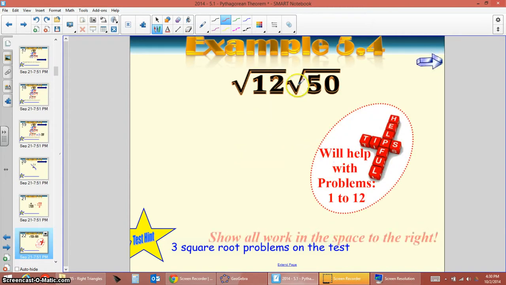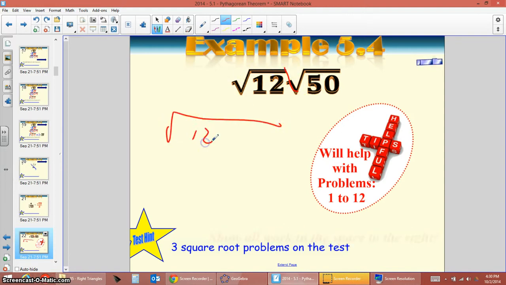So right here, I like to think about this as raising the drawbridge. Okay? When I have a square root times a square root, we can combine them into one big square root of 12 times 50. Okay? When I do that,